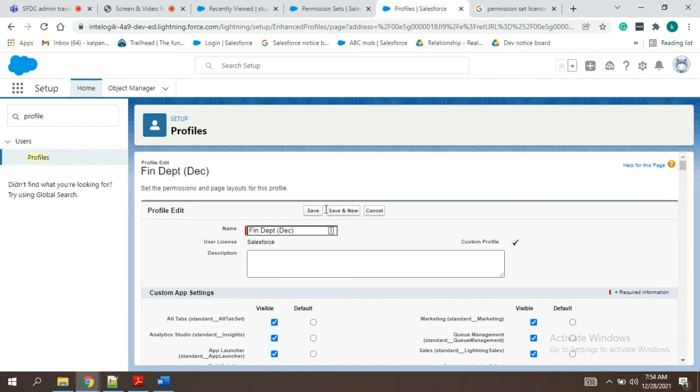Let me have a look. So we'll try to create one more permission set with.